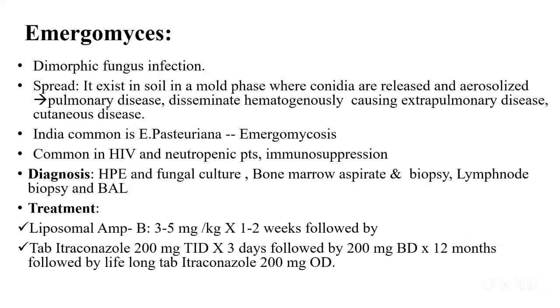Emergomyces is a dimorphic fungus. It is spread by the soil in the mold form, where conidia are released and aerosolized and inhaled by humans, which shows as pulmonary disease. Yeast-like disseminated infection is also seen. Most common form in India is Emergomyces pasteurianus, which causes emergomycosis. It is common in HIV patients, neutropenia, immunosuppression, diagnosed by histopathology, fungal culture, bone marrow aspiration, biopsy, BAL samples, and the treatment is liposomal amphotericin B for 1 to 2 weeks, followed by tablet itraconazole,